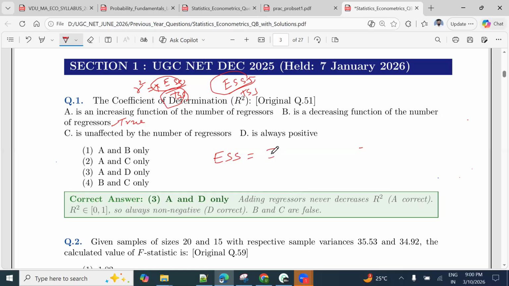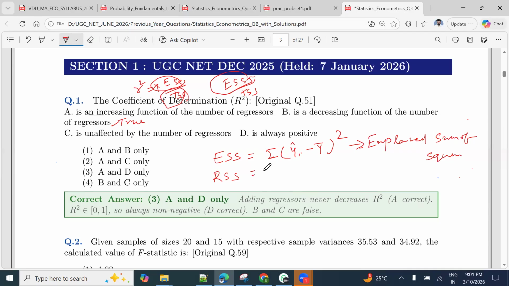ESS is your summation yi hat minus y bar whole square. This is your ESS. And what is your RSS? ESS means explained sum of square. Again, I am just telling for your clarity. Explained sum of